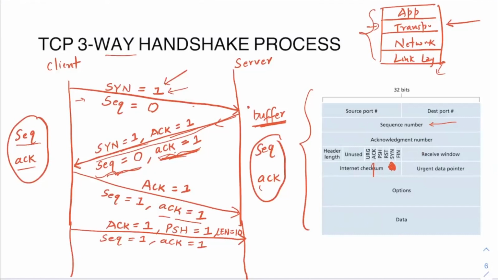Okay. Now what will the server do? The server will acknowledge that. It will set the ACK flag to 1, to say that it has received the data. And again, the sequence number from the server side will not change, because of course it is not sending any data. It is just acknowledging this. So the sequence number from the server side will remain 1.